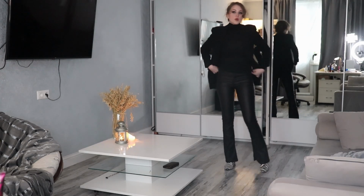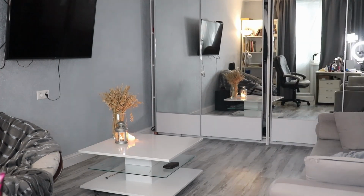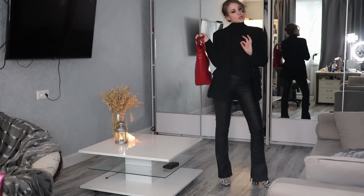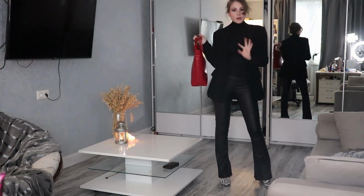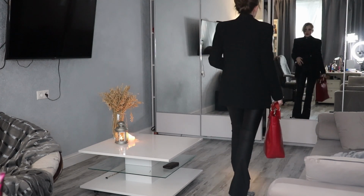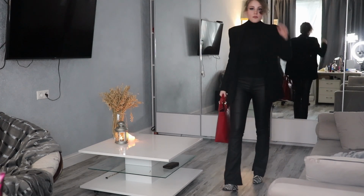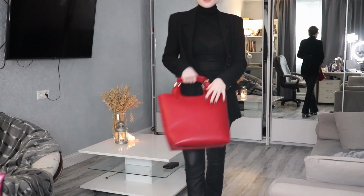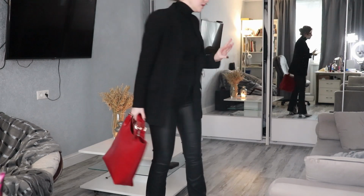This is outfit number 1, and I'm gonna grab a red bag. This one is big, so it's just gonna show a little bit of this, a little bit of that. I am obsessed with this outfit. I do believe this is probably one of my favorites, and it has everything. It has a little bit of print, it has a little bit of red. If you don't like it,